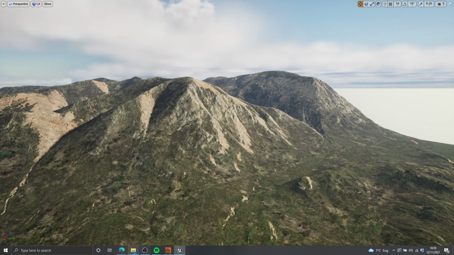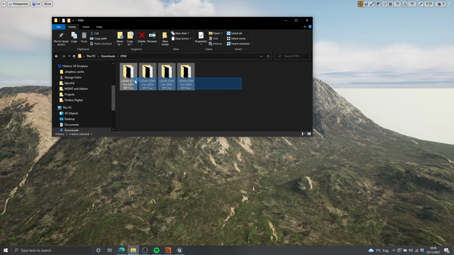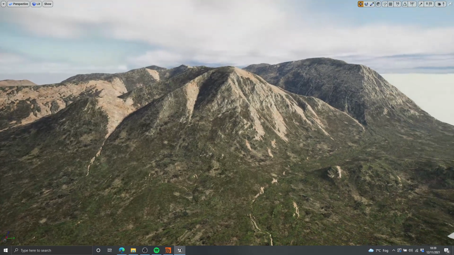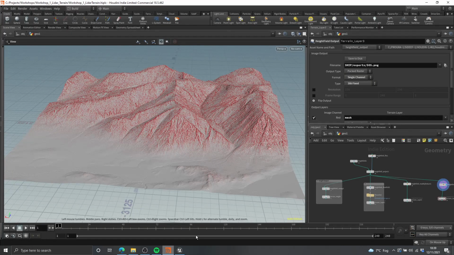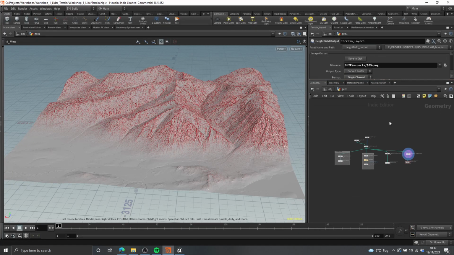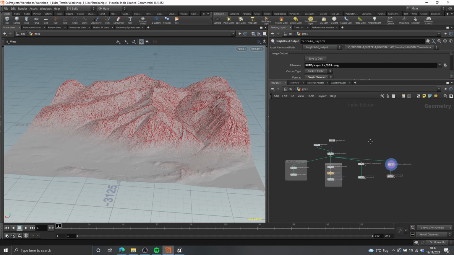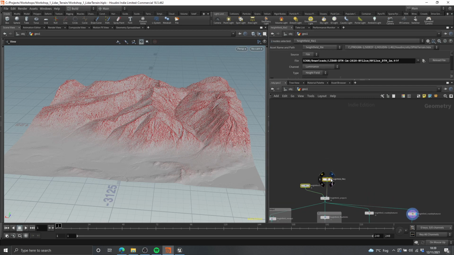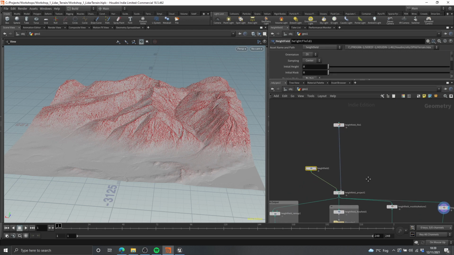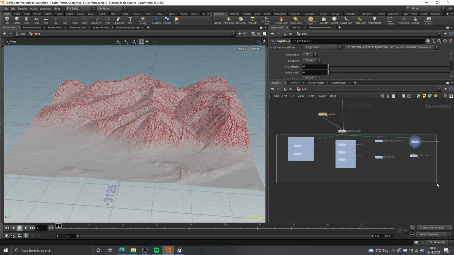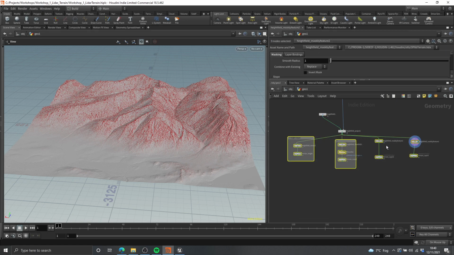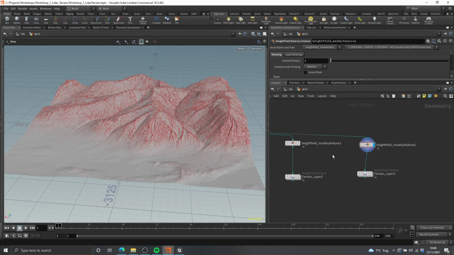I've already downloaded the 3 other tiles which are adjacent to the LiDAR terrain tile that we've set up here. So I'm going to jump back into Houdini, and you can see the result of the first and second workshop here. We have the input height field there, and the Heightfield project, which we projected to make sure that it was the right resolution. And then down here, we also have the LiDAR extraction of masks and textures,